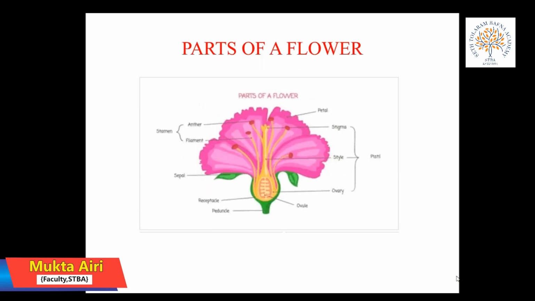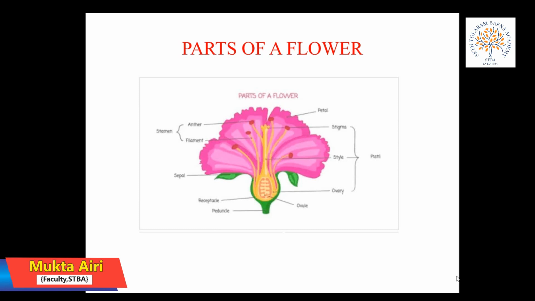Flower. We see different types of flowers around us. Flowers come in many shapes, sizes and colors. Some flowers have a sweet smell. Flowers grow from the bud on the stem. A flower has four main parts: sepal, petal, stamen, pistil. The flower is attached to the tip of the stem.